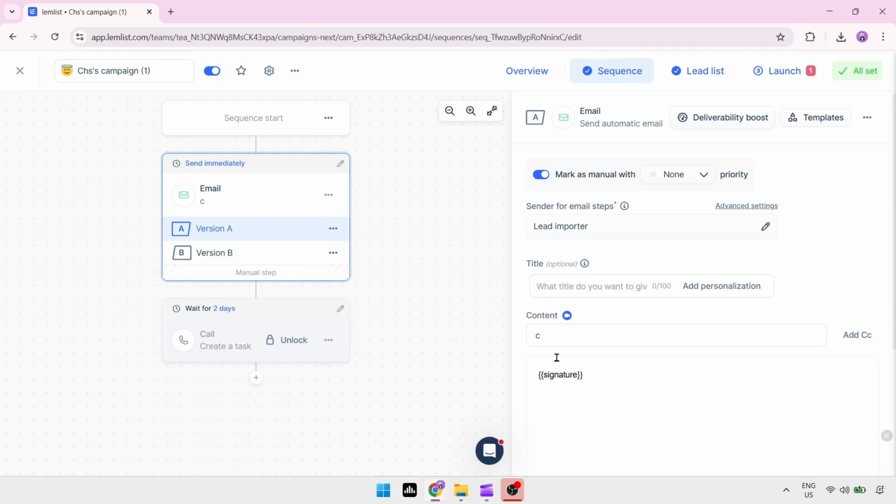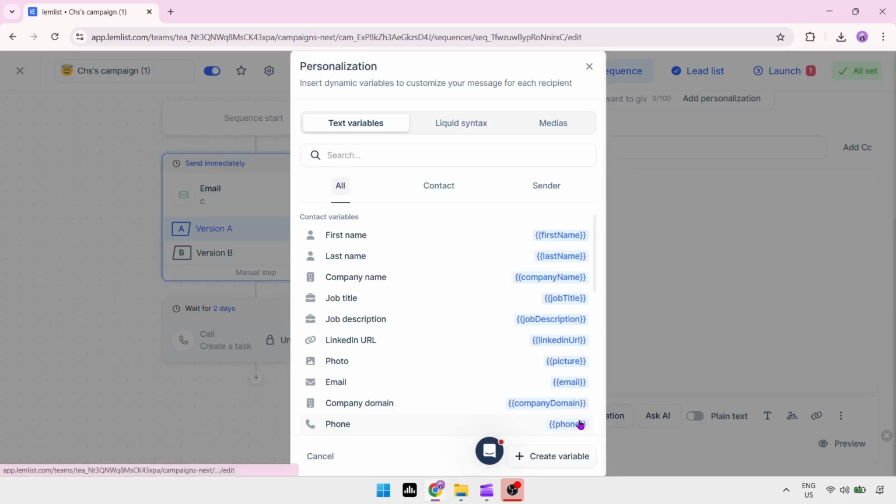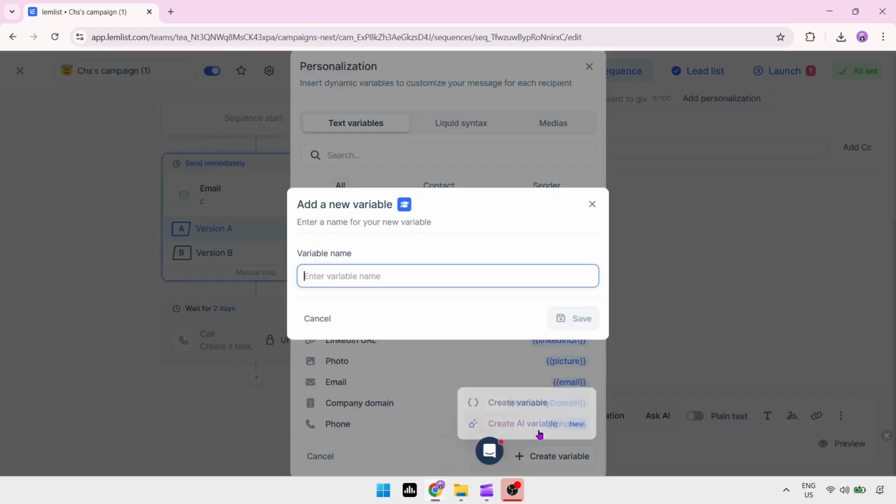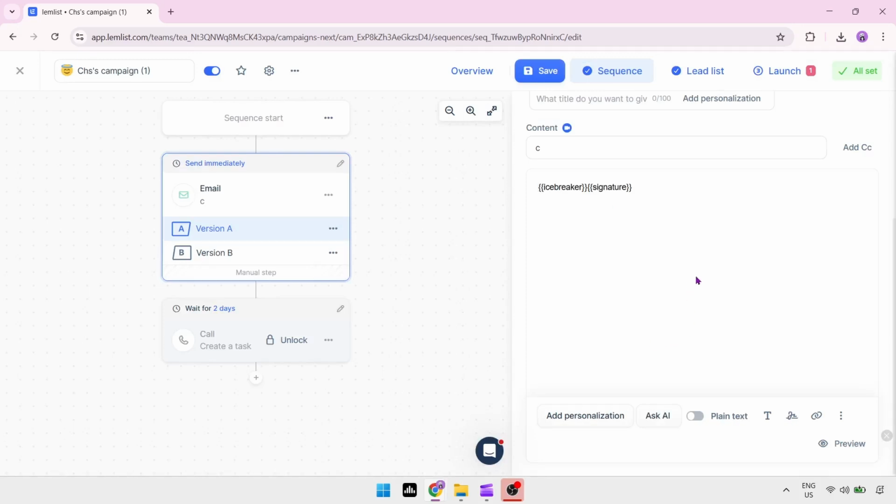Scroll down and click on Add Personalization. Then inside the window, click on Create Variable and select Create AI Variable. Now, give your AI variable a name, like Icebreaker or Clean Job Title. Then click Save. After that, you can either import a template from Lemlist Prompt Library or create your own custom